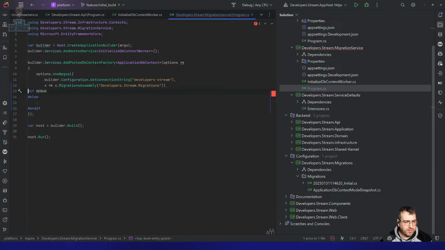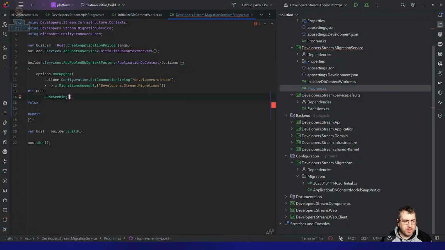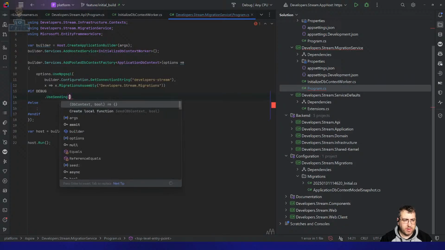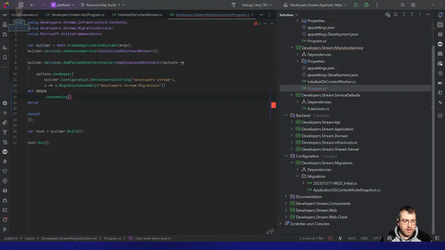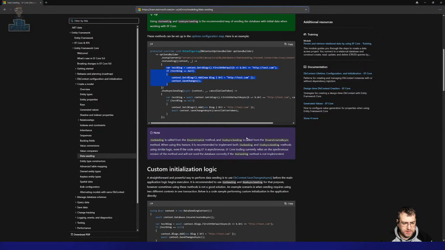that's the strangest way I've ever written that one. Then you could do dot UseSeeding, or UseAsyncSeeding, whichever one, and do it this way, which means that it'll only do that in debug and in the migration service. So if you run the migration outside of the service, the migration will just be the migration. The migration is completely detached from. Yeah,